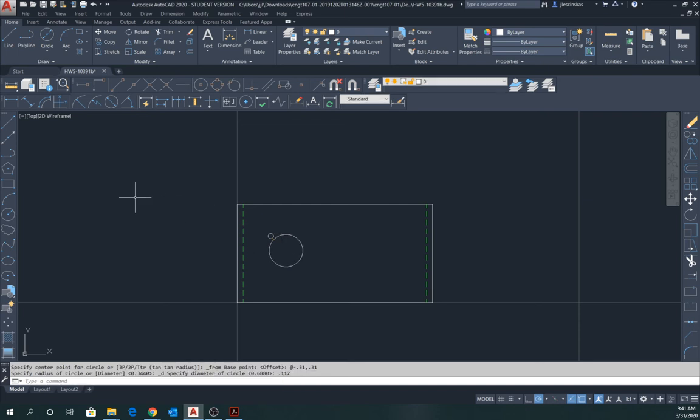And then we do the same thing with a plus X and a minus Y. So circle, snap from, we click on the center, at 0.31, comma, minus 0.31, enter, and then the hole diameter is 0.112,